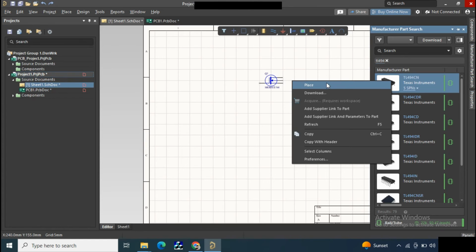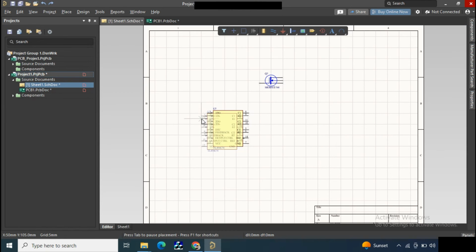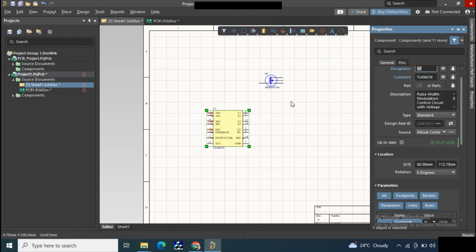So after clicking the place option, you can place the TL494 IC. So just one click on the schematic and your TL494 is successfully placed in the schematic,